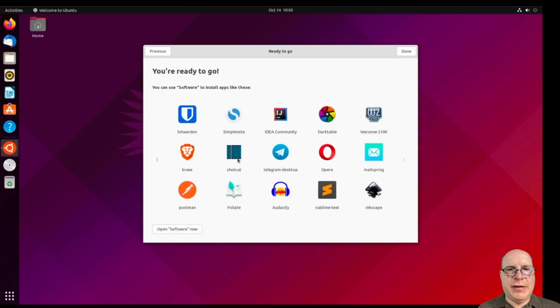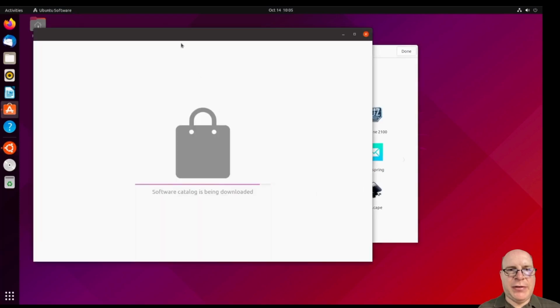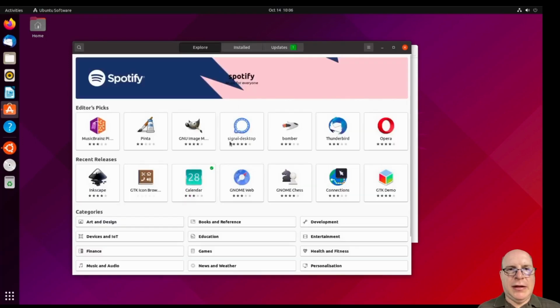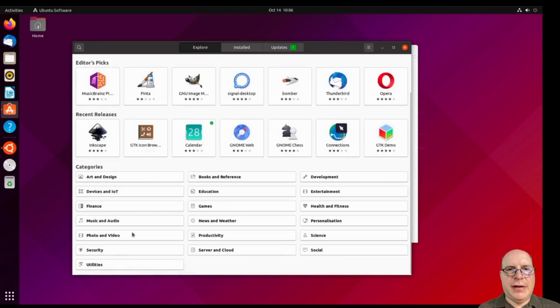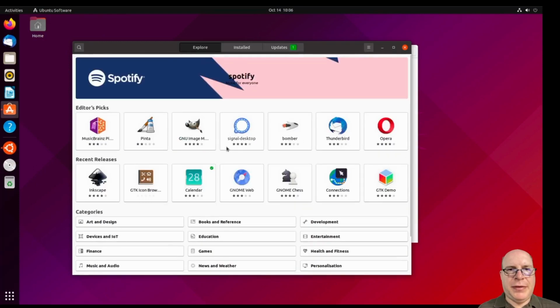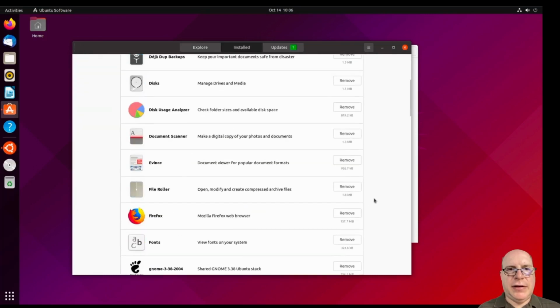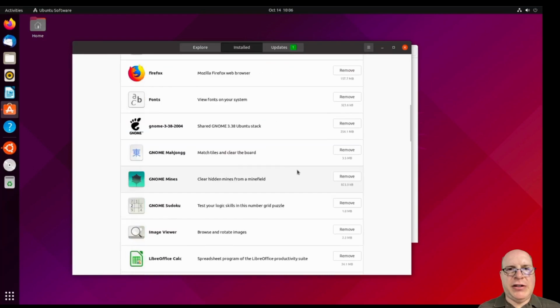Let's open the software program now and see what we got. So it's downloading the software catalog. Make sure that's up to date and we get the latest available packages for our perusal. Yes, a lot of familiar faces here. Let's see what's installed. Yeah, we've got a list of applications and packages,